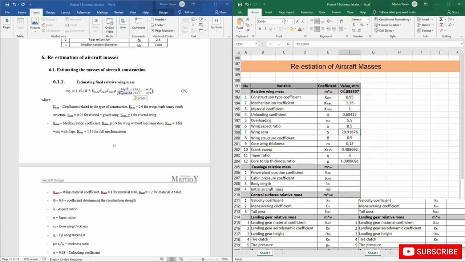So here you can see this is our final value. It's 0.1389, and this is the relative mass of the wing, the true relative mass of the wing from the whole mass of the aircraft. Okay, so we're ready with that actually, and since we know the mass of the wing already,